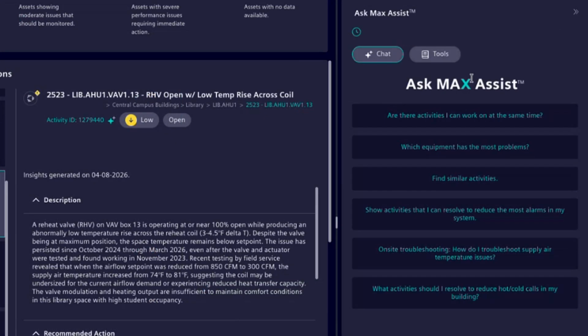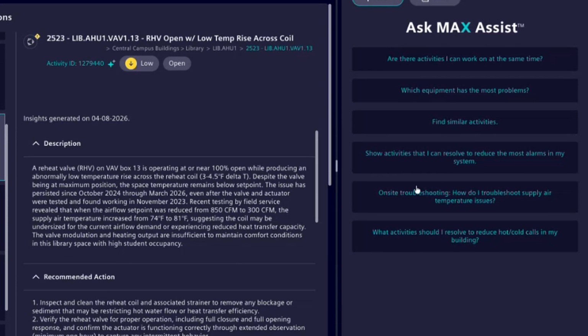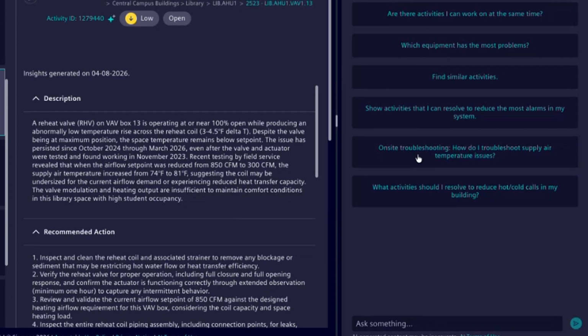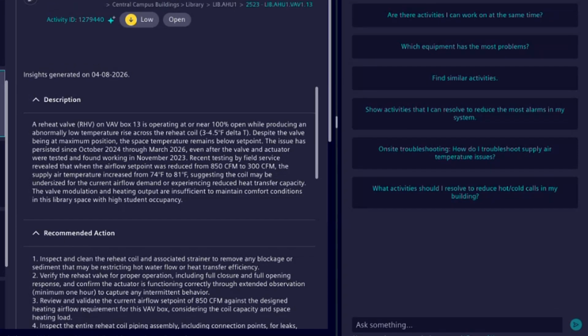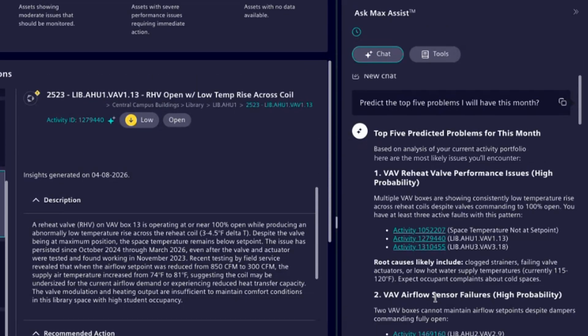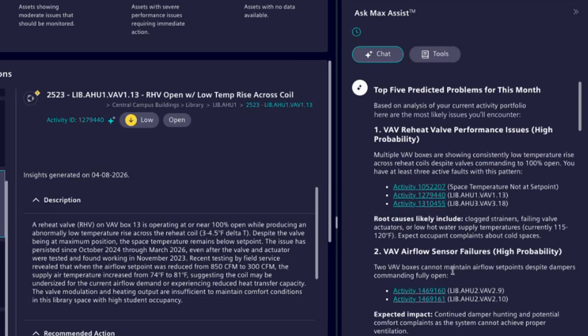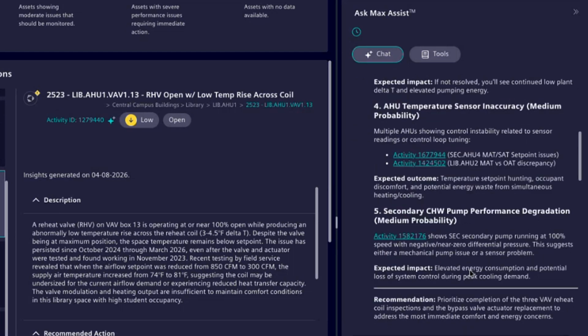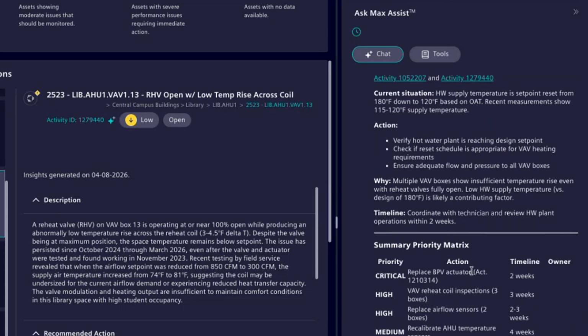You can also interact with Max Assist directly with both a number of suggested prompts and troubleshooting steps, as well as the ability to input your own personalized queries in the chat bar. Max Assist collects your historic data based on your queries and even generates predictions on what top most likely faults might occur in the future, and exactly what to do in order to avoid these faults to get the most